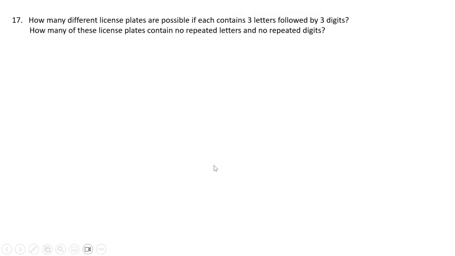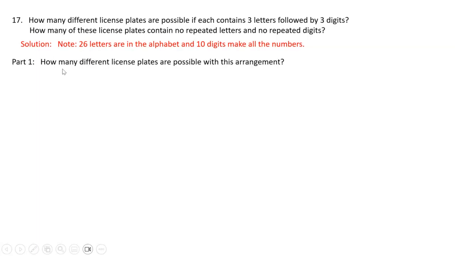Now for number 17. For number 17, it says how many different license plates are possible if each contains 3 letters followed by 3 digits. And again, this is what I did today on the PowerPoint. So this is 2 parts. So the first part, how many different license plates are possible with this arrangement. So again, these are my letters. These are my digits. So again, there's no restriction there. So it's going to be